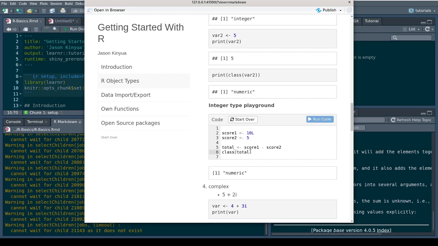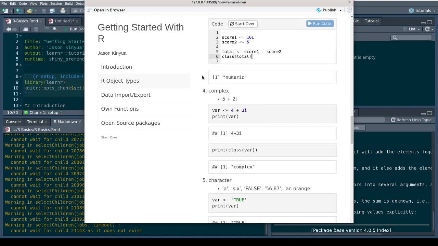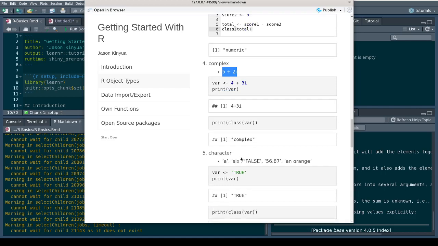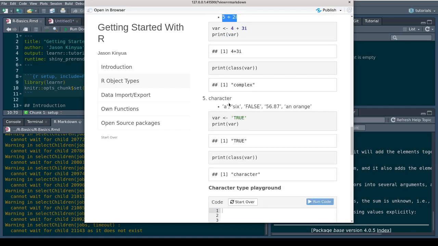Yeah, very important. So then there is a complex type. When you do a square root of 12, square root of 13, you can get a real and a complex part. Remember we said R was created with data science in mind. So they knew there is such a type, complex type. So it is part of the atomic types in R. And then there is a character type.